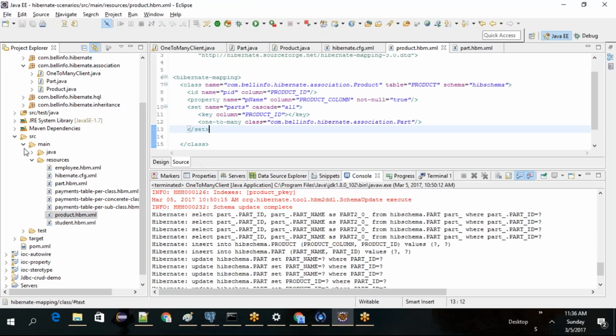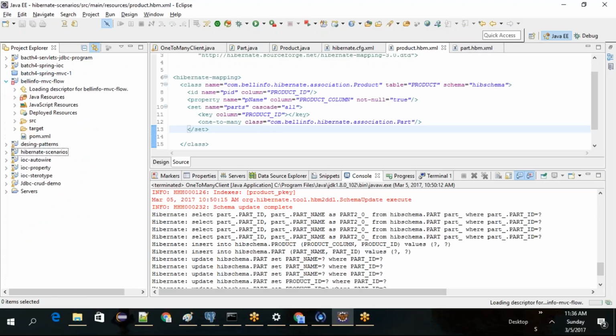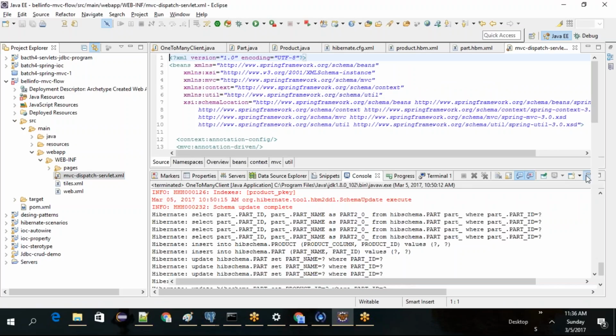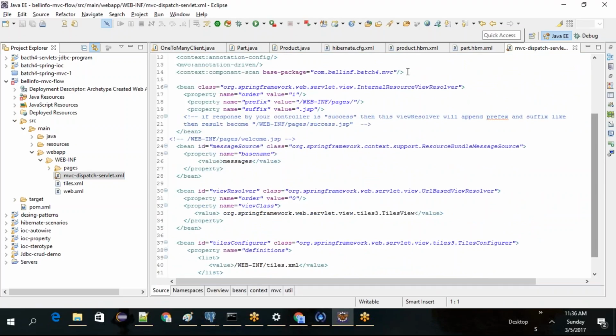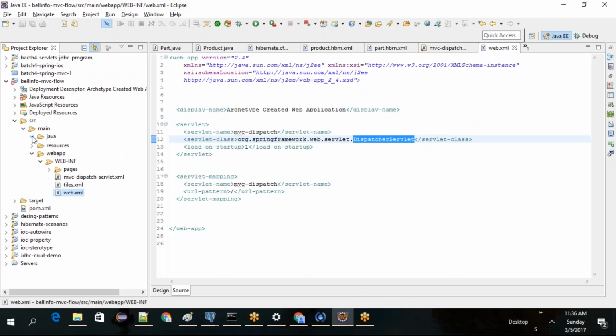First thing, as part of this program, let me open what I'm trying to explain to you. Spring MVC flow, right? Okay. Here you are still configuring view resolver, resource bundle, tiles configuration, URL based view resolver. In web.xml you are configuring dispatcher servlet and mapping to slash. All these things you are doing here, right? I want to move this configuration into Java first thing, because of the evolution that happens in Spring or Hibernate,